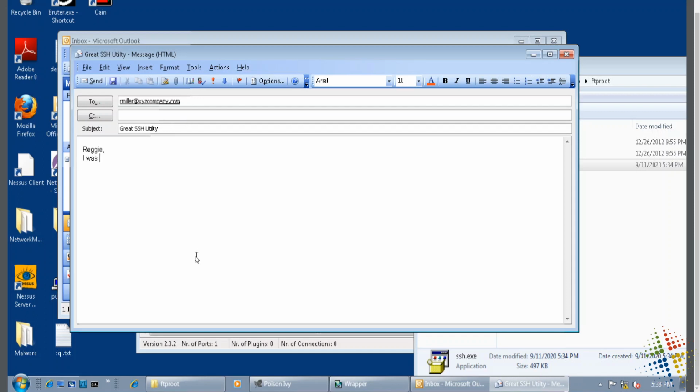I was thinking this SSH utility will really help you in your CEH studies. It's the best one I have found, and it's open source. Now you can't send a file across the internet or across most email systems, so you actually have to send a link somewhere. I will send him a link to my FTP server, 216.51.200/ssh.exe. There we go. And then, sincerely,